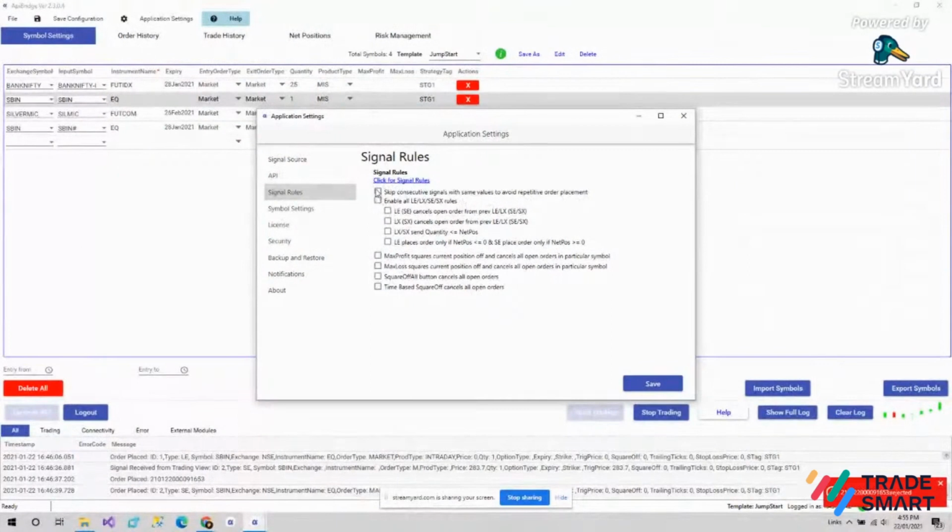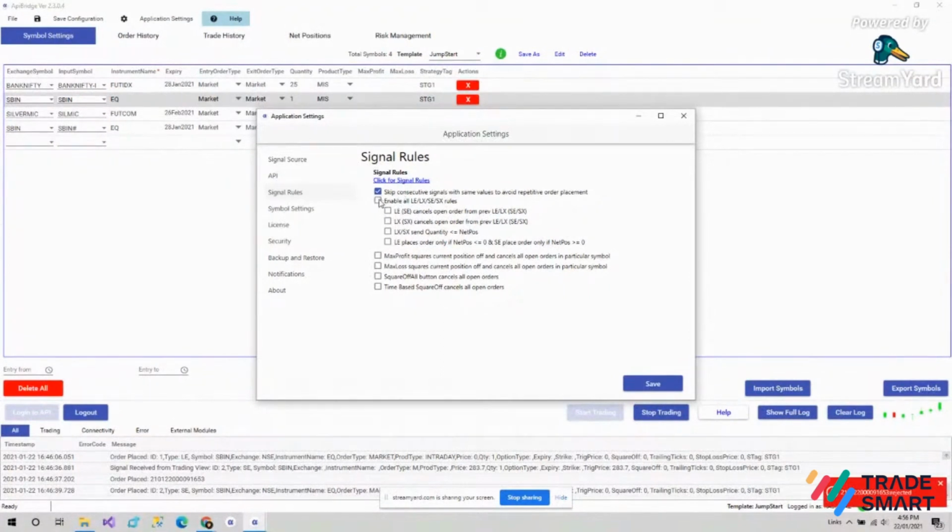So if you will tick on this, now for example, if you double click on LE by mistake, API bridge will not send your order to the broker terminal, the second one. After one order, your second order will not get placed. So if you'll click on this, your strategy misfire can be avoided.